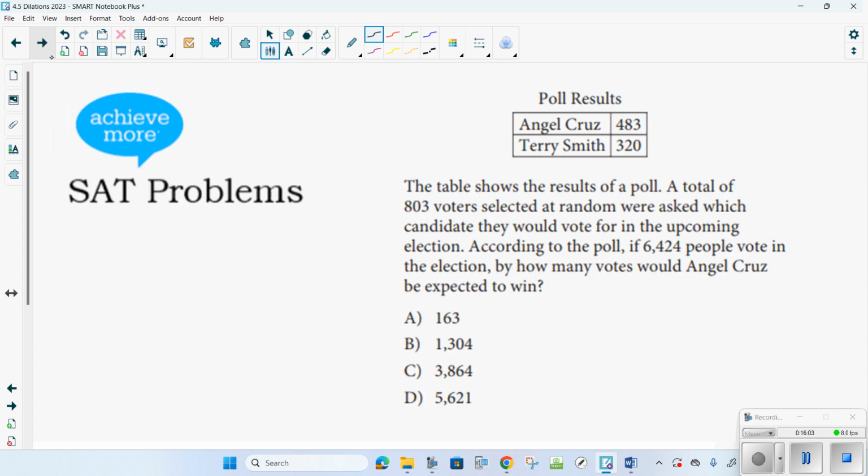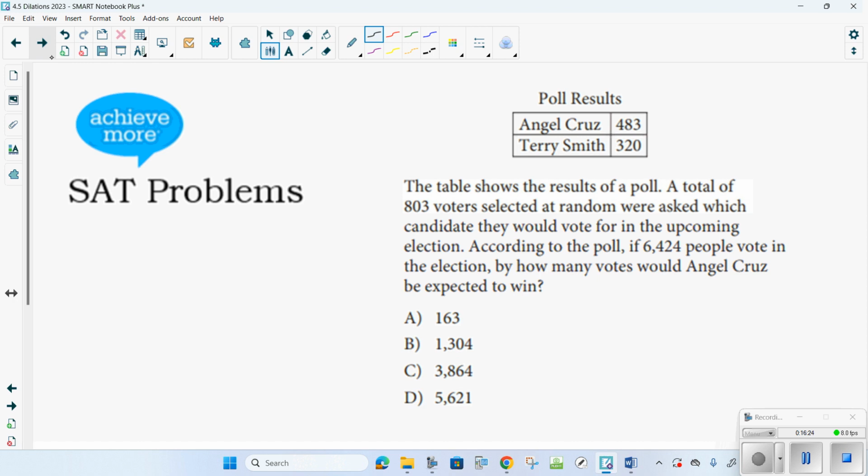SAT question now. The table shows the results of a poll. A total of 803 voters selected at random were asked whether a candidate would vote for the upcoming election. According to the poll, there's 6,424 people who vote in the election. By how many votes would Angel Cruz expect to win? Now,